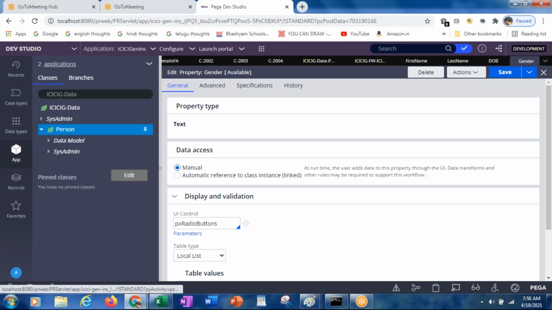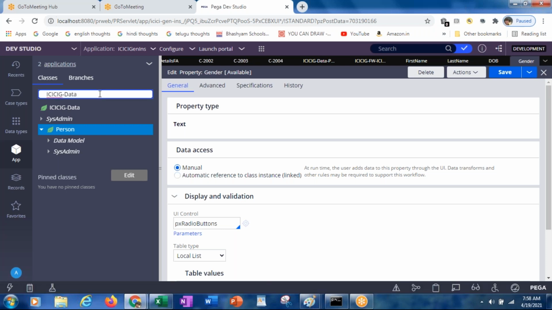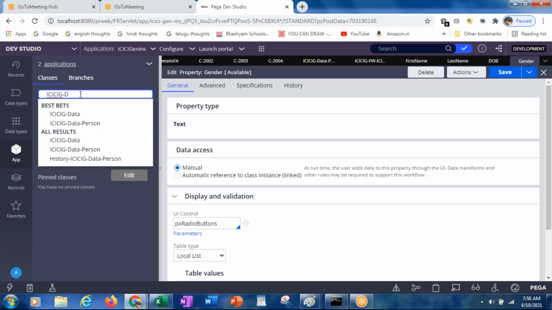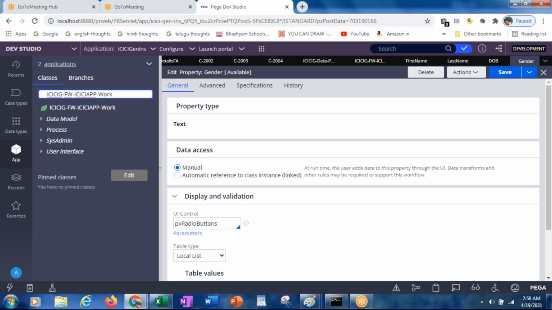This is the class where we created everything: ICICI General Insurance Framework, ICICI App Work.